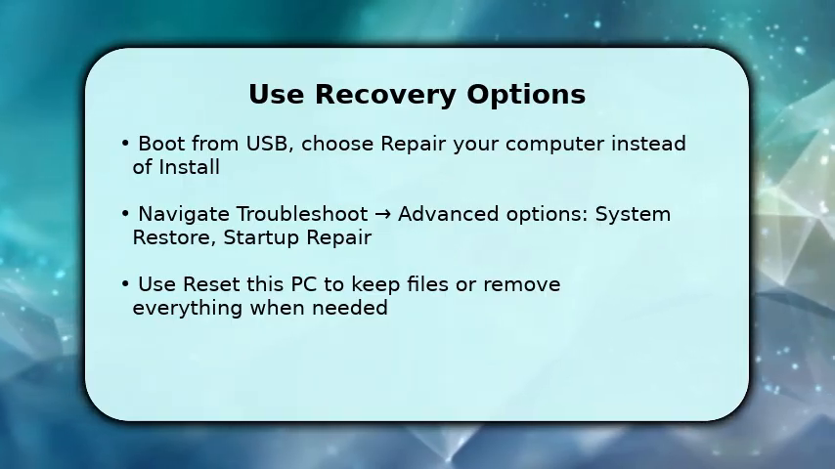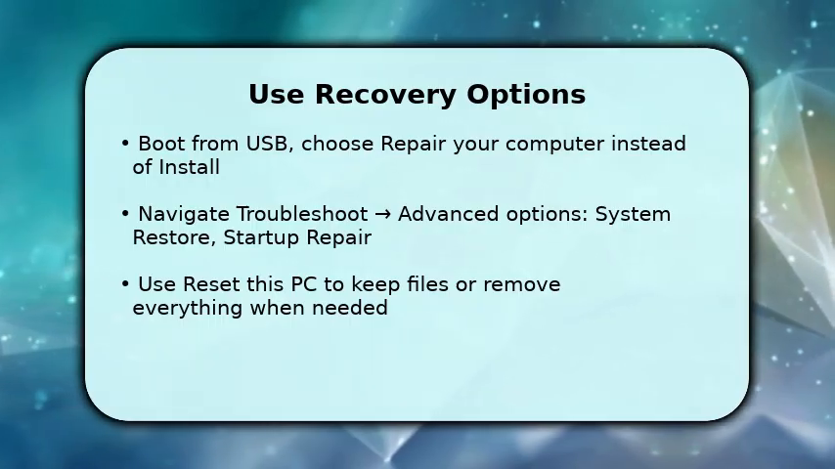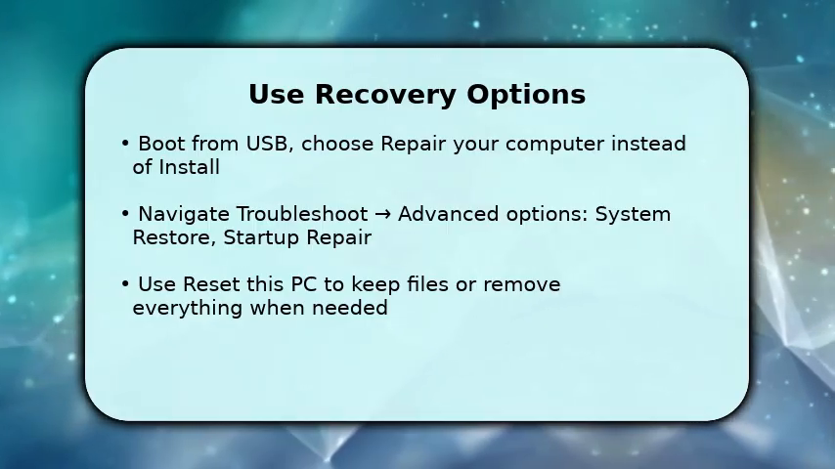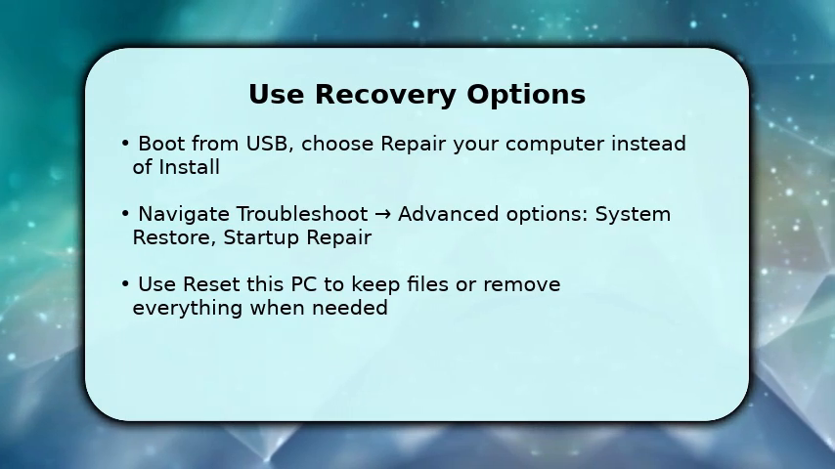If you need to roll back, use System Restore to return to a previous restore point. This preserves your files but removes recent changes. If corruption is deeper, pick Reset this PC and choose Keep My Files or remove everything depending on whether you